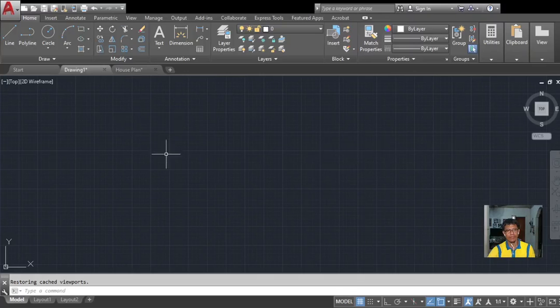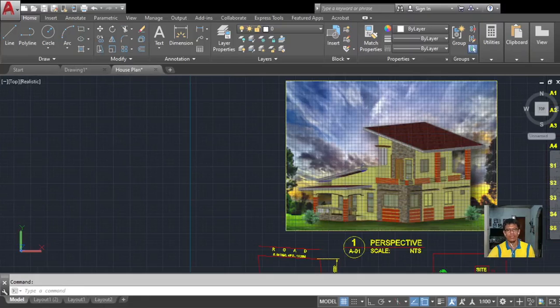So let's explore this. As I've said, when we use AutoCAD, it makes your work easier. You can easily edit, and you can see the realistic view of your drawing after it's finished.